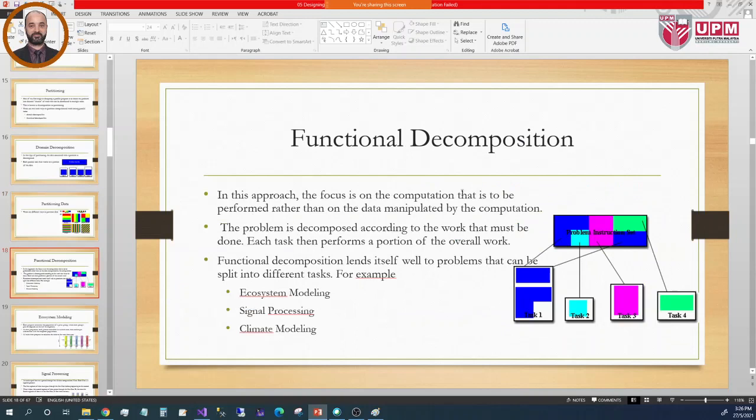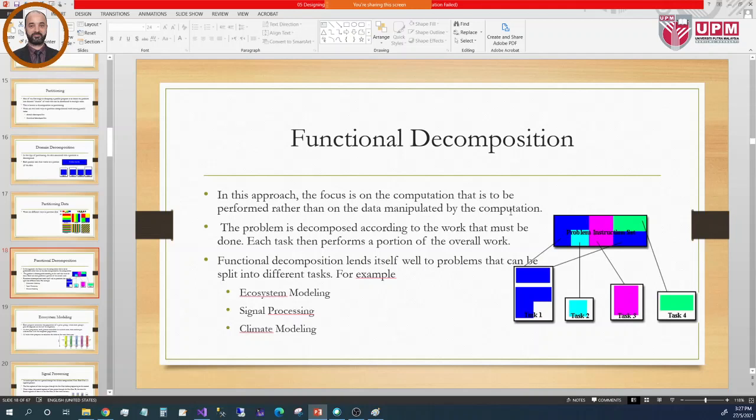Then functional decomposition. So this is the decomposition based on function. In this approach, the focus is on the computation that is to be performed rather than on the data manipulated by the computation. So if you remember, in the first example, when we said academic and non-academic, calculating